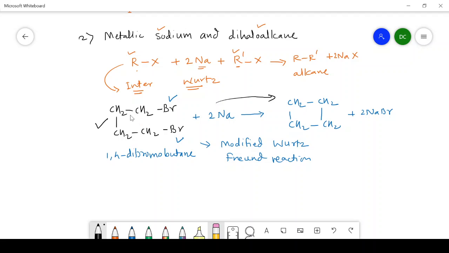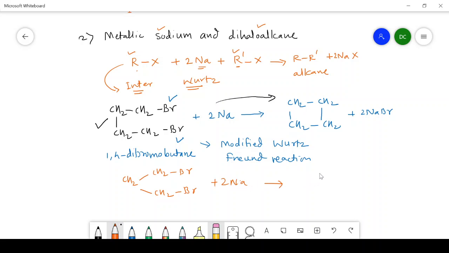So different cycloalkanes we can prepare by using this modified Wurtz reaction. You just have to increase or decrease the number of carbons. Suppose I decrease and I have written here only CH2, then CH2Br and CH2Br. So in this I have decreased the number of carbons, and when it is treated with sodium,